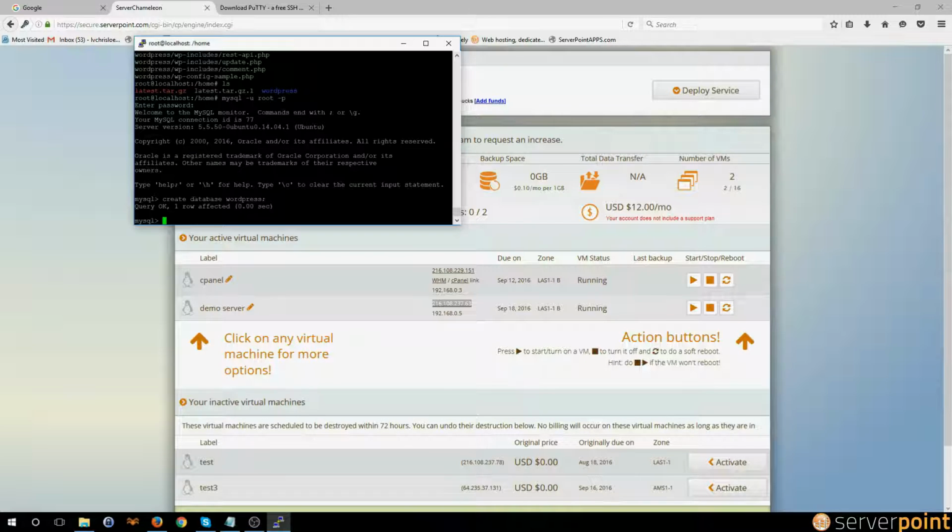Now we're going to create the user. So grant all privileges. Oh, sorry. Then you put the database name here. So wordpress.* So that grants all privileges on the WordPress database to your user,